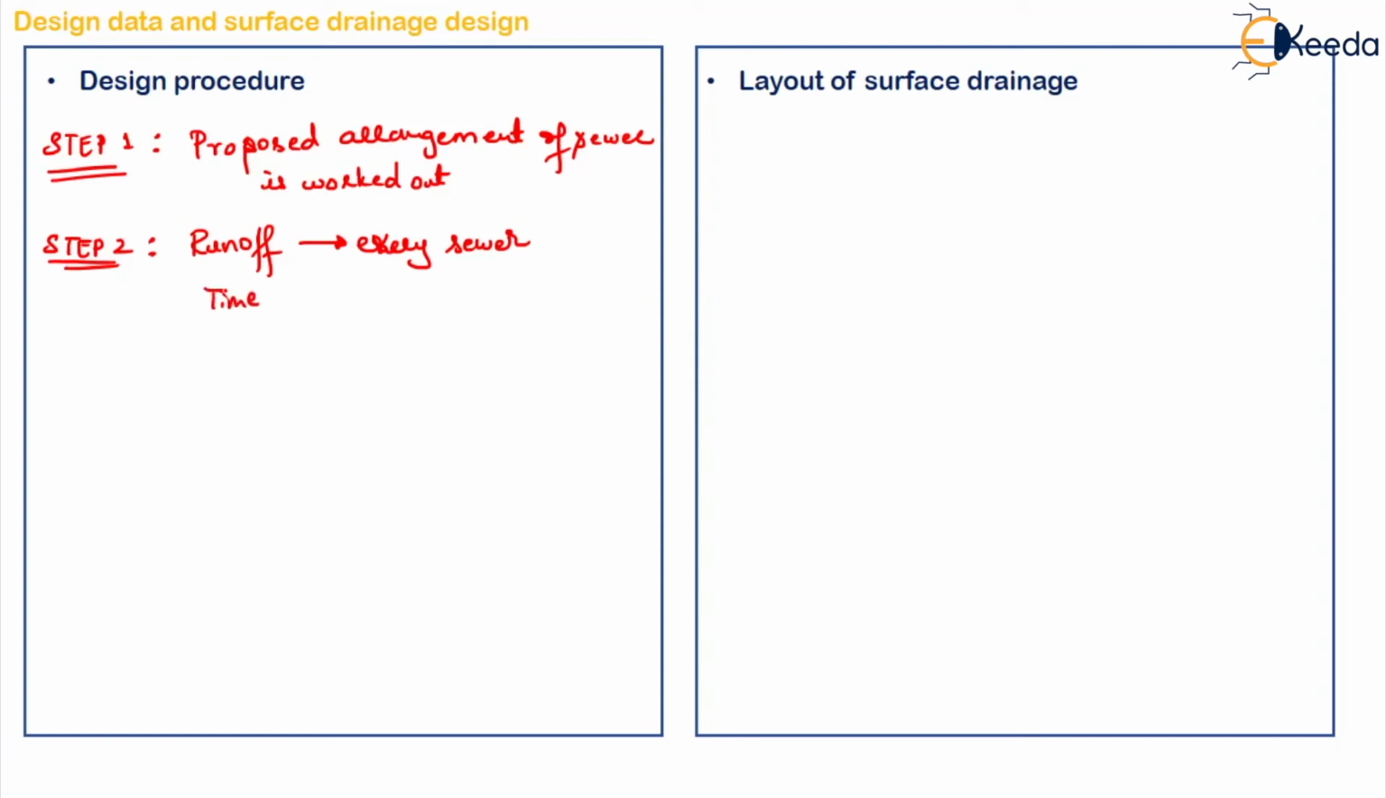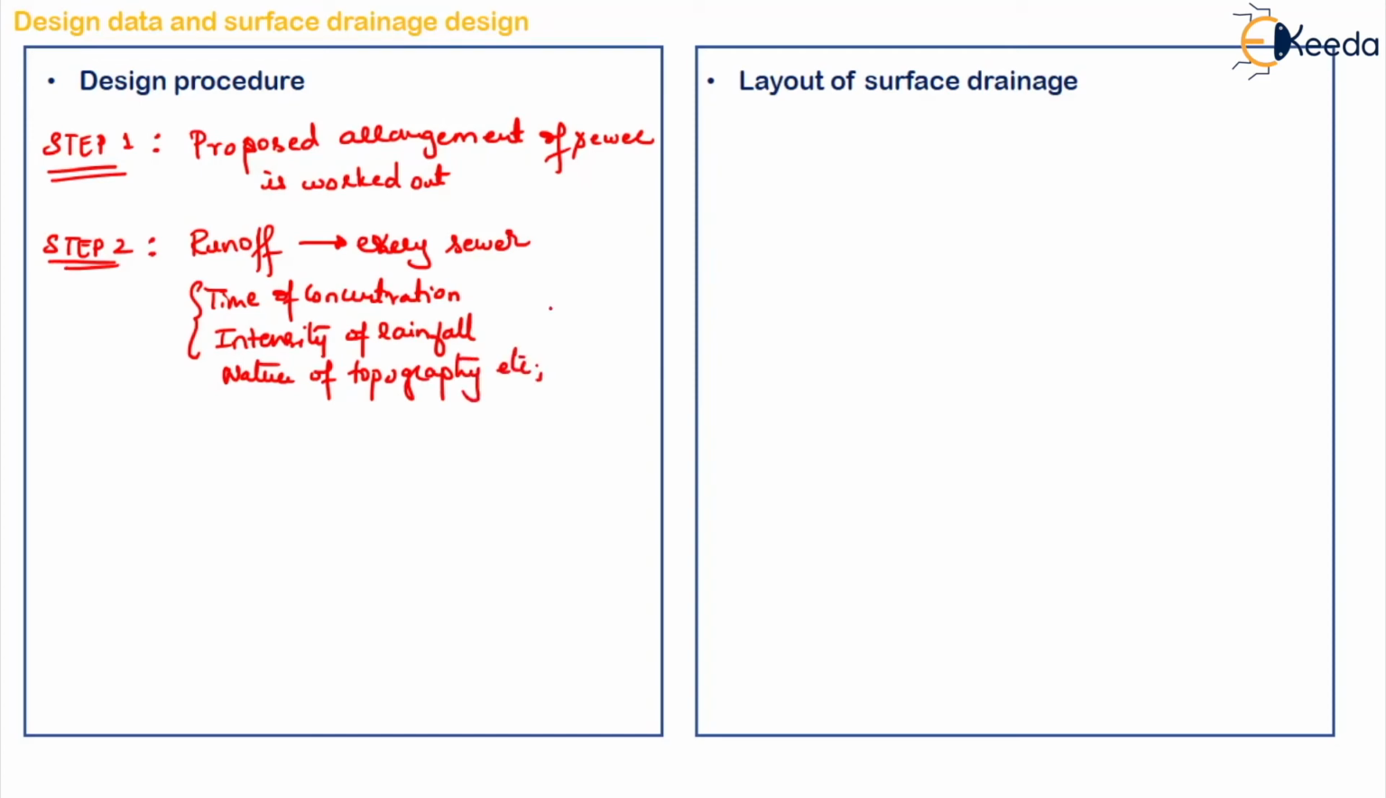So what all should we consider when we are estimating the runoff? Time of concentration, intensity of rainfall, nature of topography, right? Then step 3 is that a suitable value of velocity of flow should be determined. Okay, velocity of flow